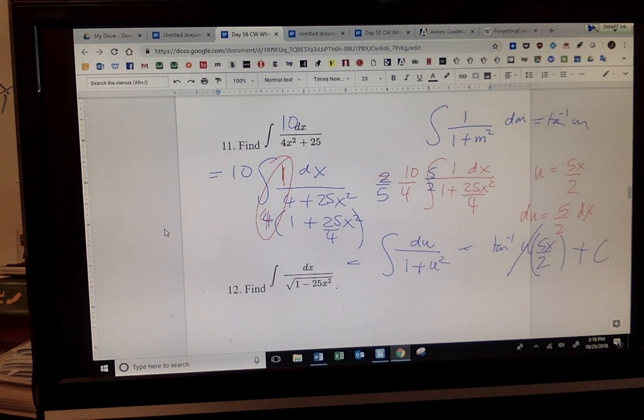Write down 12 over 16 plus 25x squared dx. Okay, let's do this together. And I'll show you lots of shortcuts. This is much faster than it actually looks. What formula does this guy resemble? So integral 1 over 1 plus monkey squared d monkey equals tan inverse monkey. Yes? Okay. Tell me a couple of things I can do.